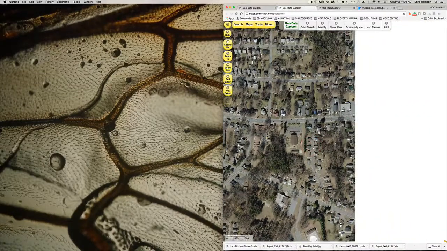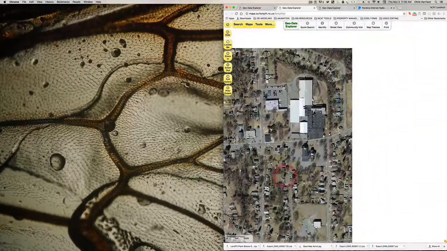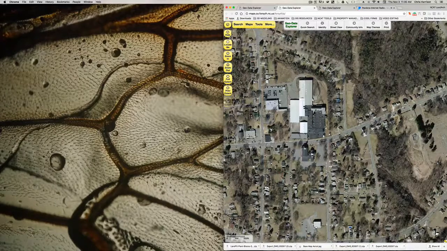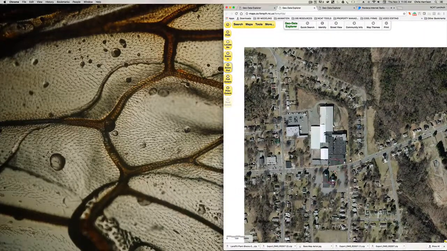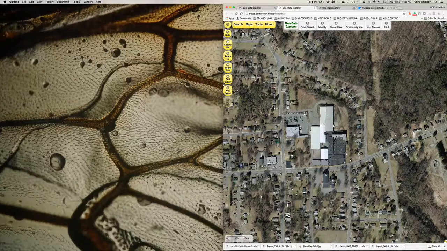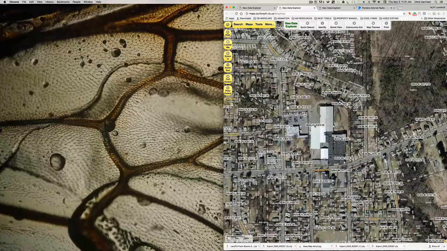Could be wrong. No, there it goes. All right. So there's the site. Really nice, clear image that I can see. So we can do two things from here. What we're going to do is generate AutoCAD or DWG file information, and also just a print